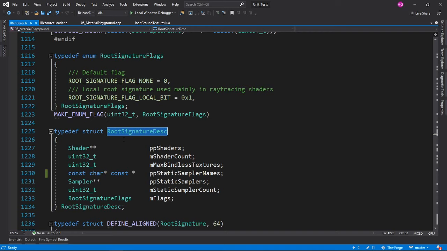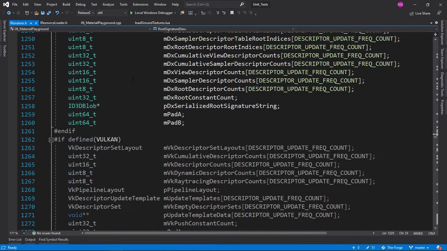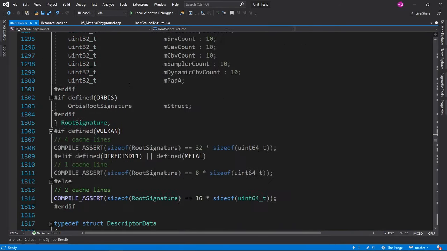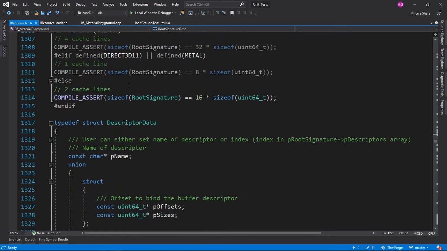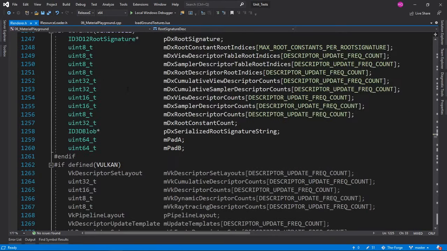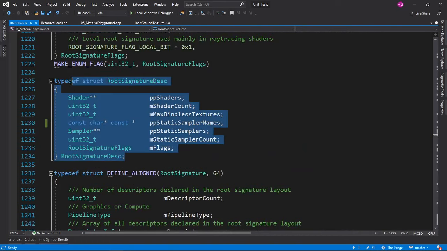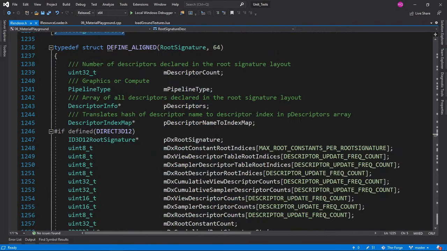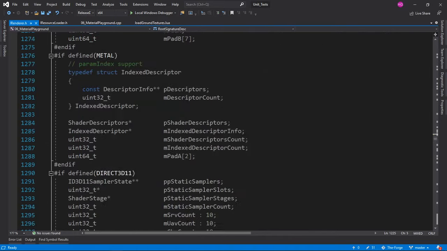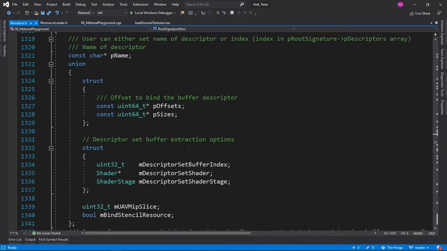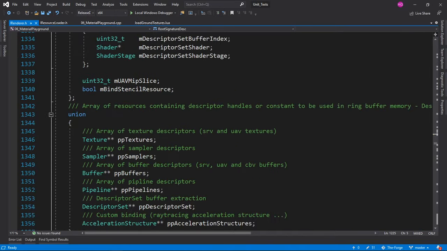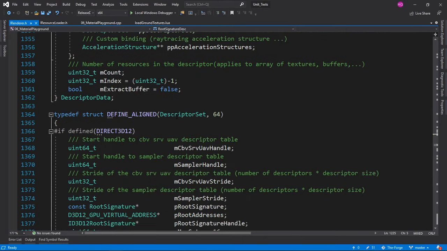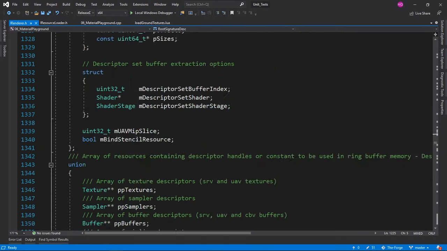This is probably C also. So yeah, this is C. I previously thought that this is using the pimpl idiom, but this is C, so they don't have pimpl idioms here. This is just pure C.